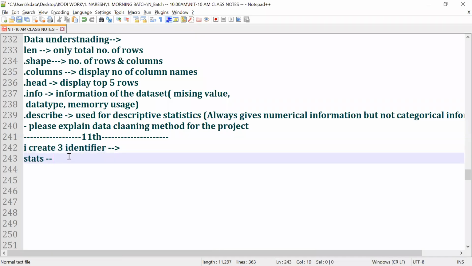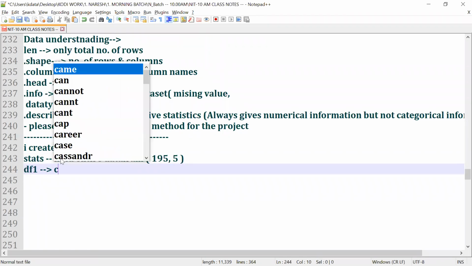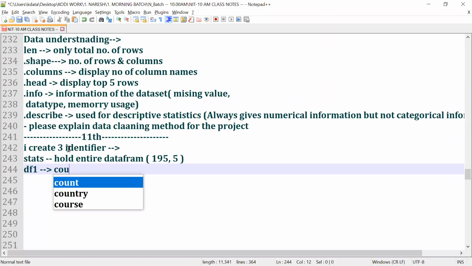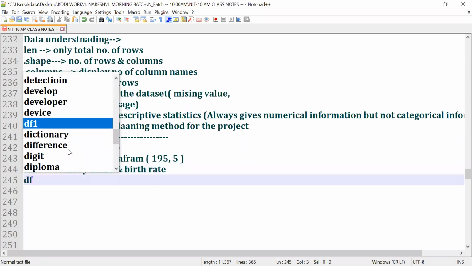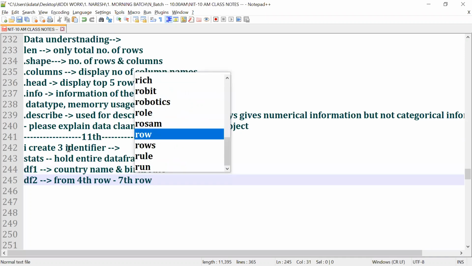Stats is the identifier which holds the entire data frame, meaning 195 or so rows and 5 columns, isn't it? df1 holds only country name and birth rate, isn't it? df2 holds from the 4th row to the 7th row.